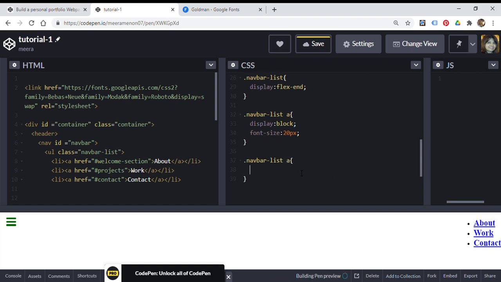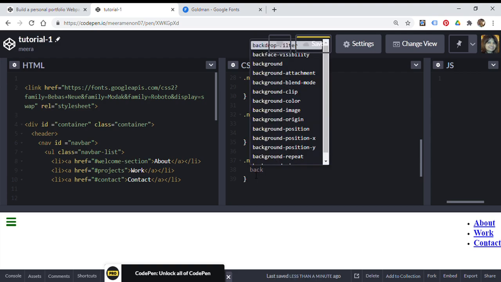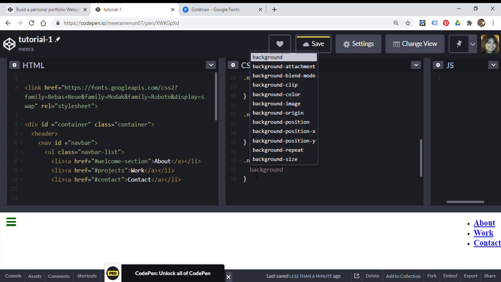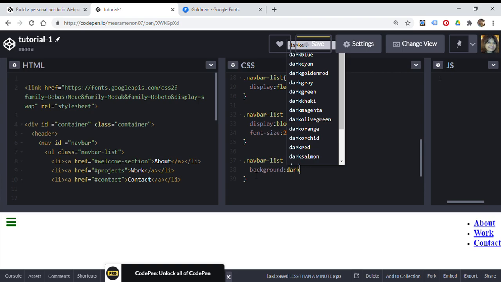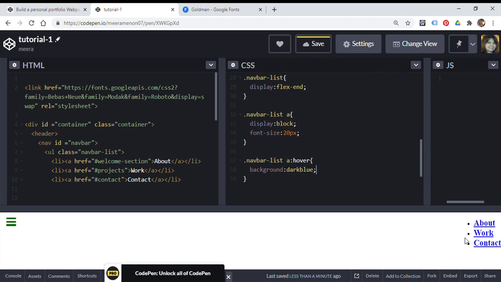Oh, sorry, hover. Some kind of animation, what happens when you hover over it, which I showed you in the beginning. Background color, I just want to change the background color when you hover. Dark blue. So this you can only see once it is built. So let me save it for now. I'll show you when it's done.